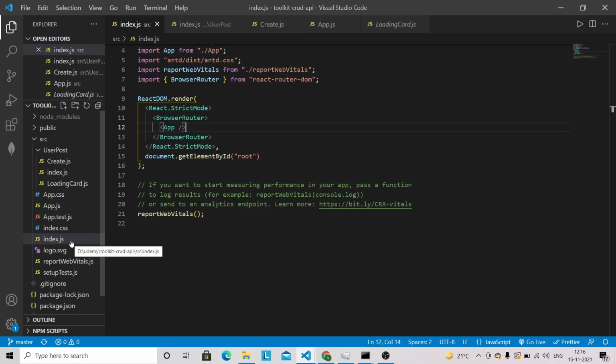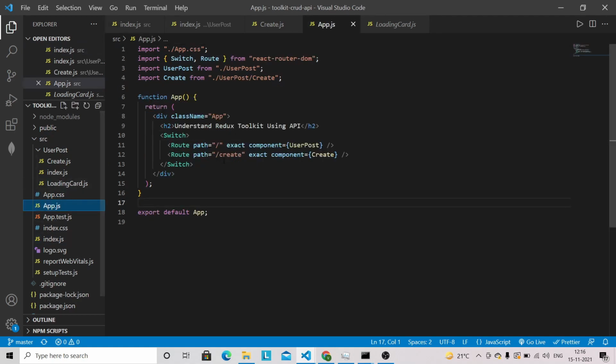I will give a brief overview of this repository so that you don't have any issue. As you can see, we have a router in my application. If you go back to the app.js file, we have a home route where we can fetch the post based on the ID, and we can perform the delete operation and the edit operation on the same page. And we have a separate page for creating a new post using the JSON Placeholder fake API. This is our app.js file, and we have only two routes.